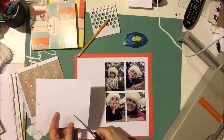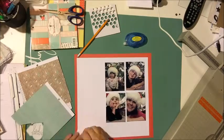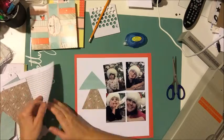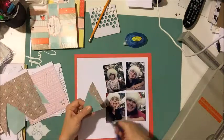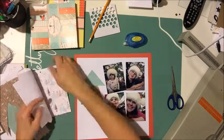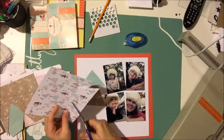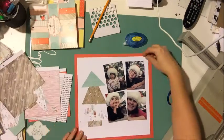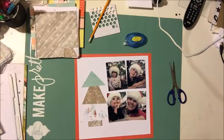So I'm actually using mostly my 6x6 paper pad for this page, and the challenge on the blog is to use 4 or more pictures on a page. So this is something I don't often do. If you've watched my videos before, I typically use between 1 and 3 photos. So I know it's only one more, but I actually had these 4 photos sitting around here, and they're pretty